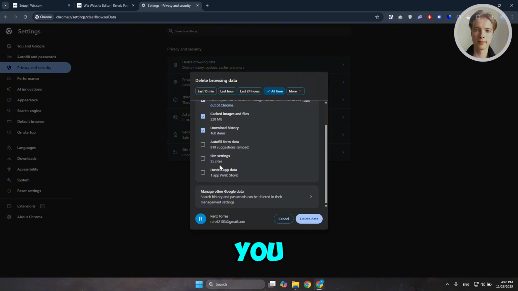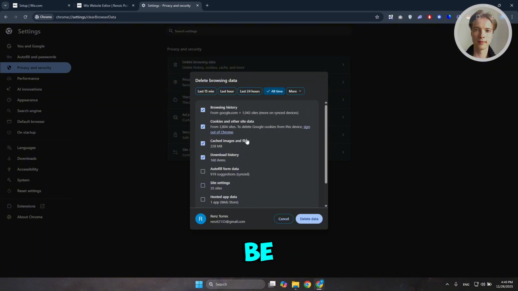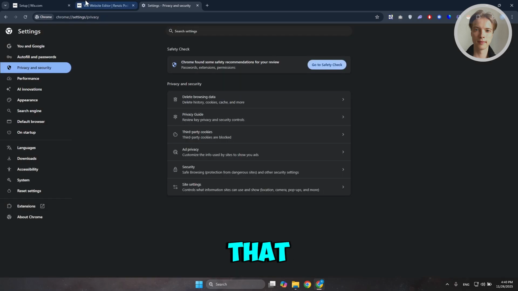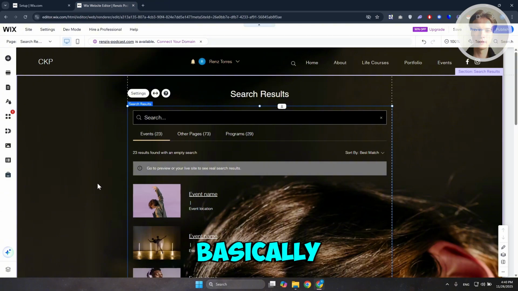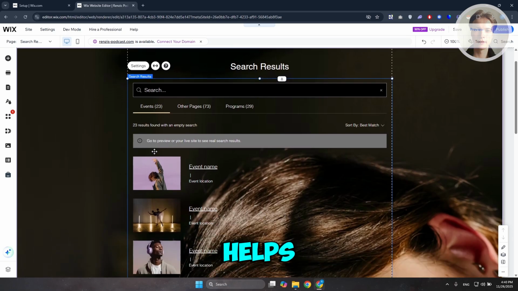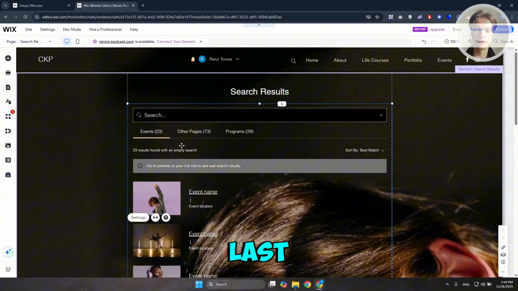Now, just keep in mind, if you do click on delete data, certain logins, like if you're logged into a Facebook account, Instagram account, or any other account out there, you'll also be logged out. So just make sure you still have access or you know the login credentials of the accounts that will be logged out. So be careful about this one. But once you click on delete data, that should basically fix a lot of things in here. I would highly recommend you close your browser first, reopen it again, and see if that actually helps. Now, if that doesn't help, the final and last thing that you can try doing here is